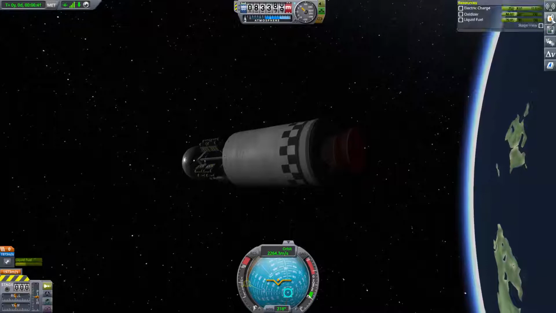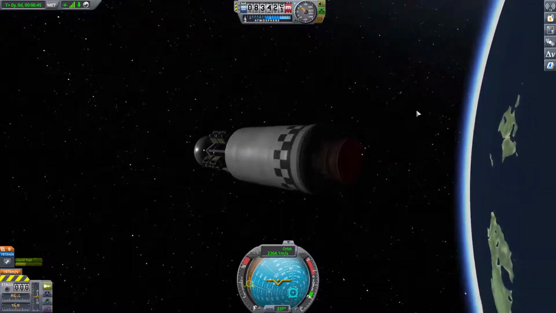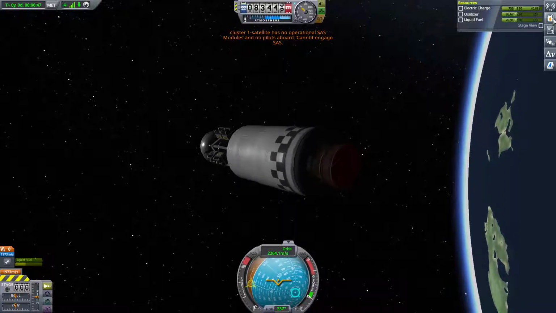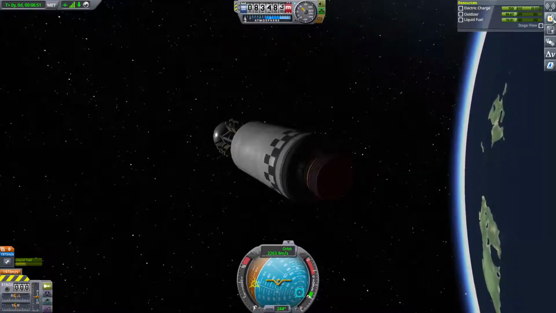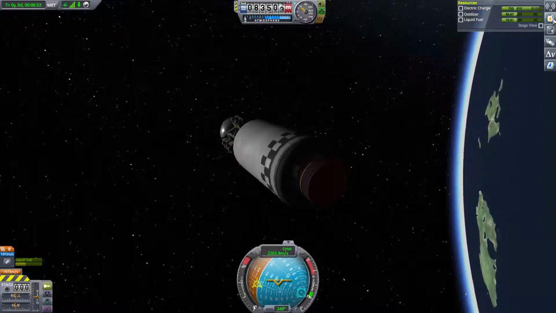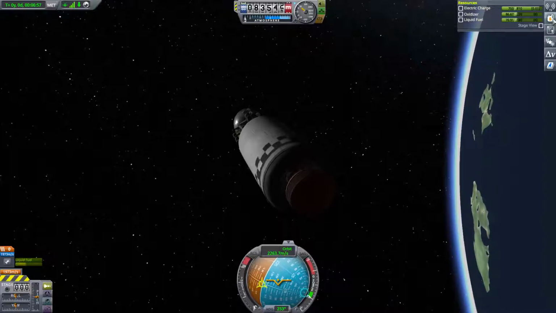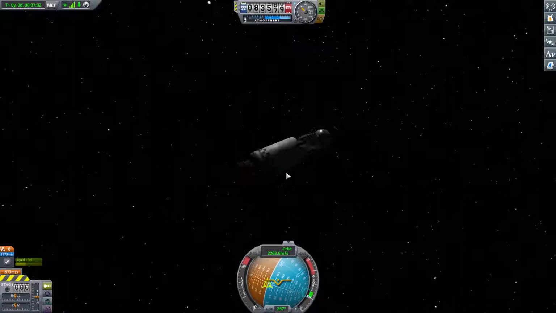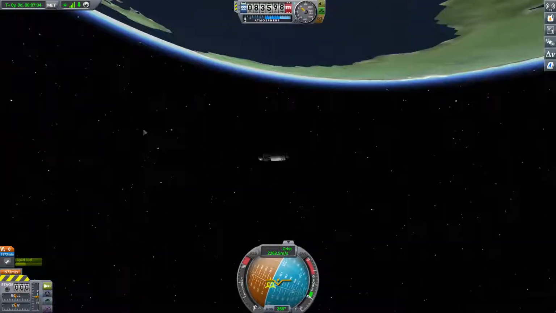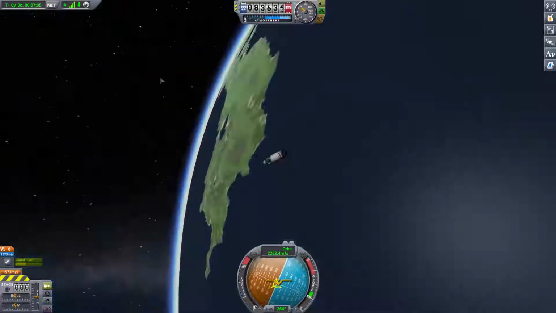Alright, and then what's my battery? 753. Ouch. So SAS is not on. So let's see here. That took, let's call that 50. So I can do, what, 16? Like maybe 10 to 15 more transmissions or something like that. It might depend on my altitude and other things. I don't know. But...